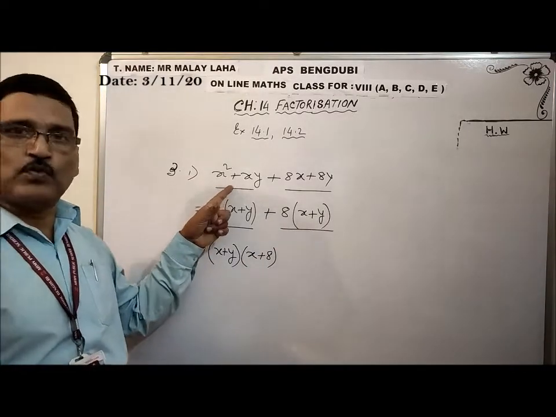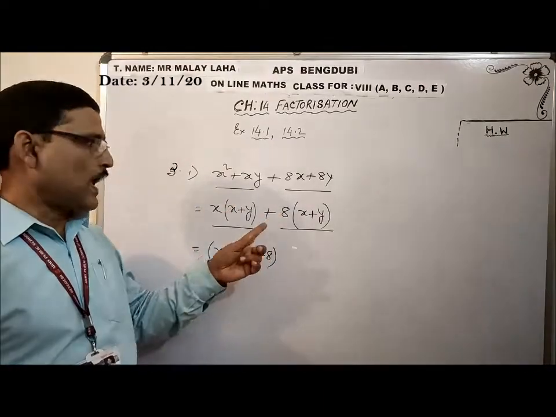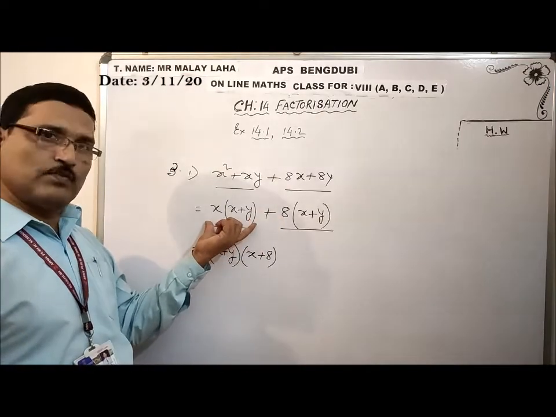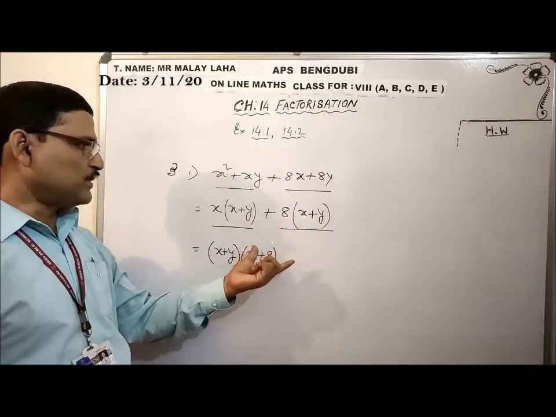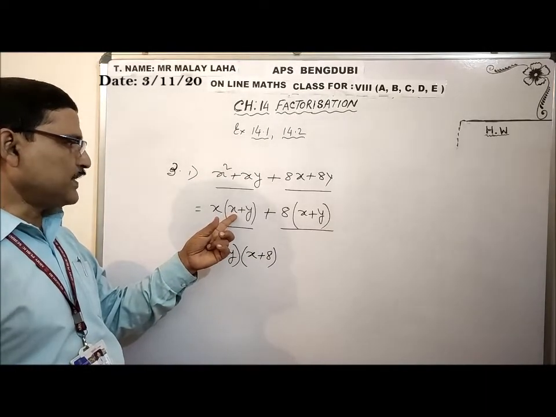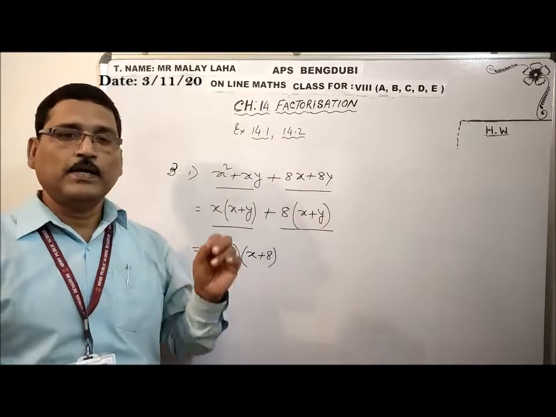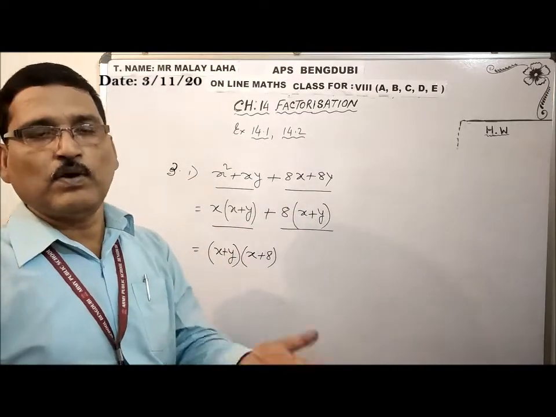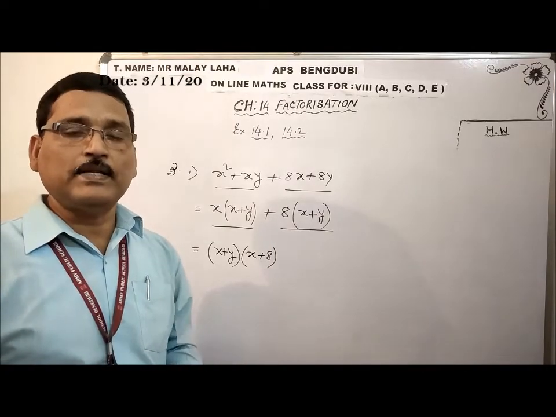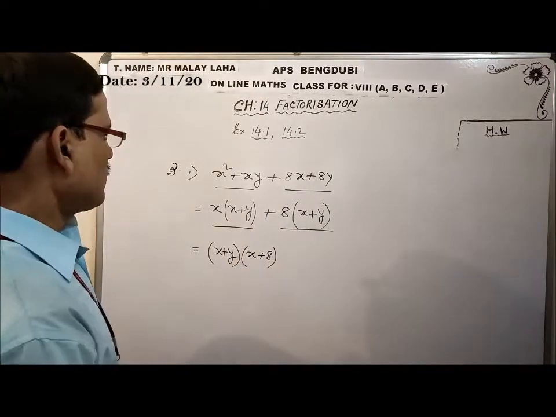So first of all you have to group, then take common from each group, and then take the overall common. These two are also factorizations. From these two factorizations, what is the overall common? The overall common is what is inside: x plus y, x plus y. If it is y plus x, still it is common, because in addition x plus y and y plus x are the same. But x minus y and y minus x are not the same. So now it is a common factor.